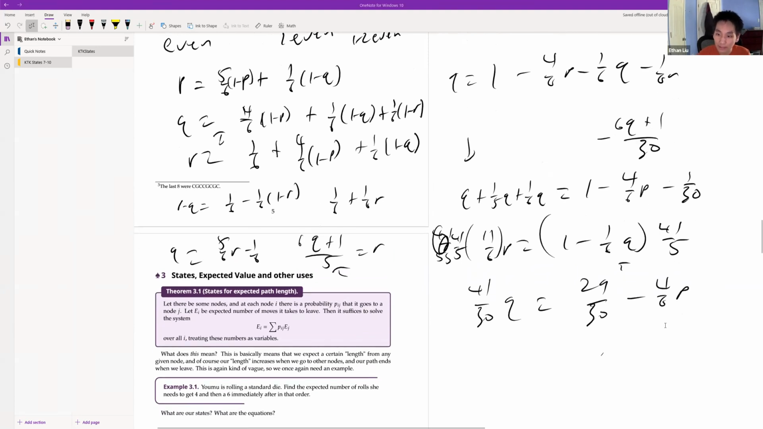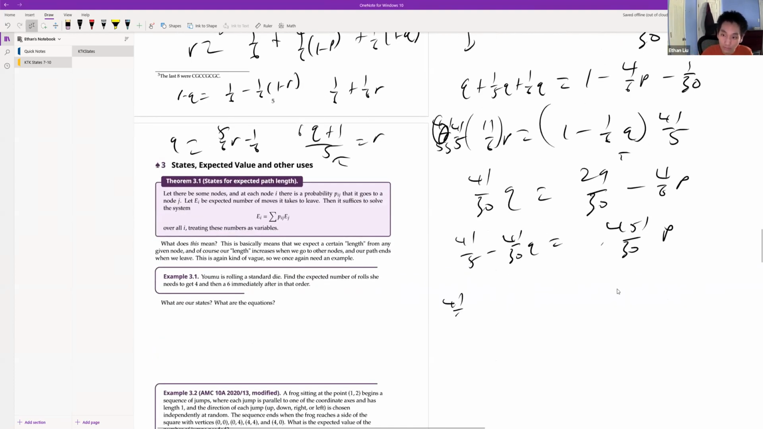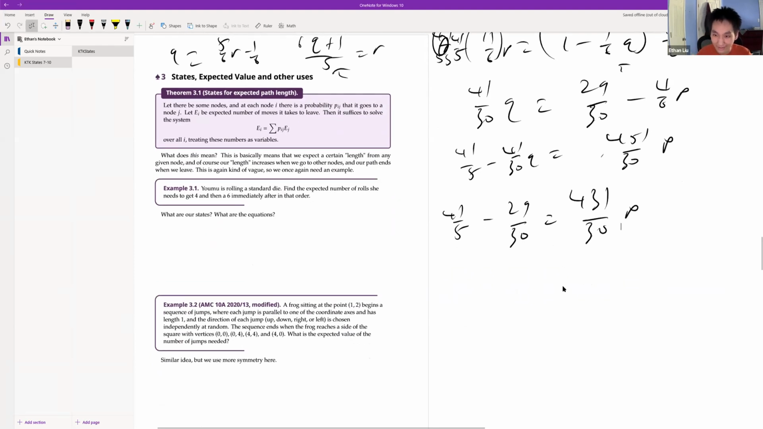So then we're multiplying again, and we get 41 over 5 minus 41 over 30q equals 451 over 30p. And we add these together, we get some horrendous expression like 41 over 5 minus 29 over 30 equals 431 over 30p. Wow, looks like I'm going to get the right answer. It never happens. This is 246 minus 29. That's 217 over,